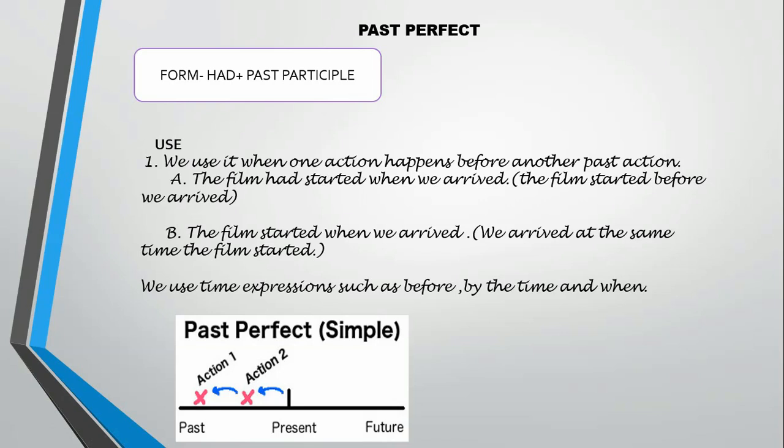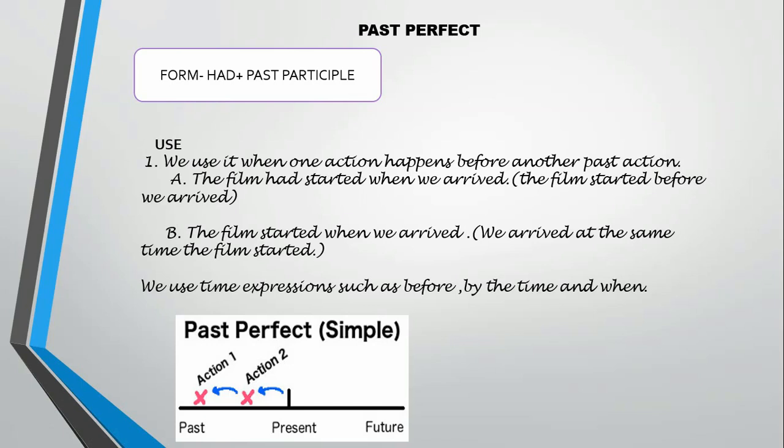It means when we arrived, this is the recent action. The film had already started, and you can see this is not in the chronological order. And when the actions are not in the chronological order, the time always moves backward. The movie started, then we arrived. Had the sentence been in this form, you can see over there, example B, the movie started when we arrived, then in that case we will use simple past tense for both the sentences, because the actions are taking place in chronological order in the past and the actions are already completed.